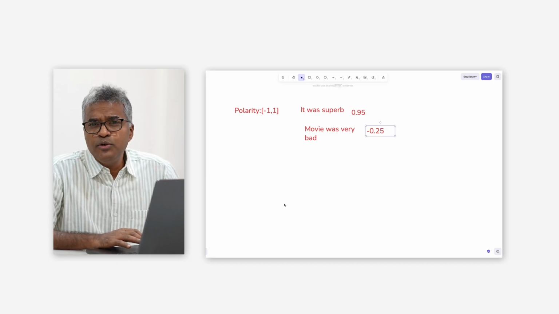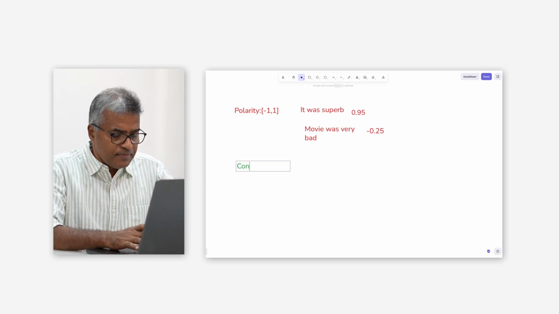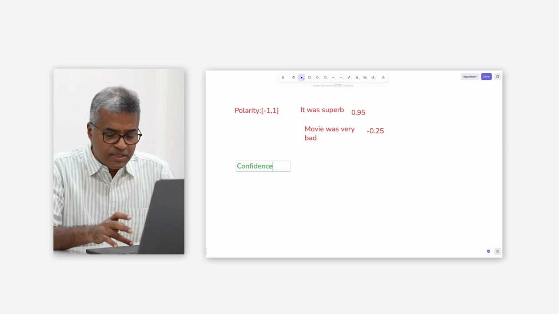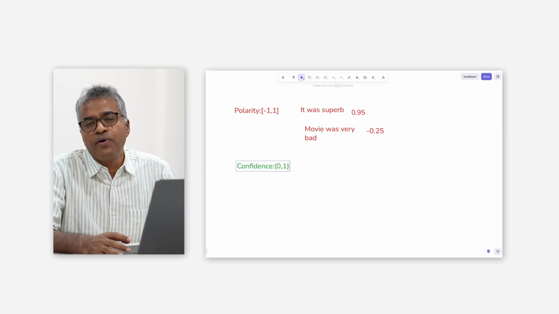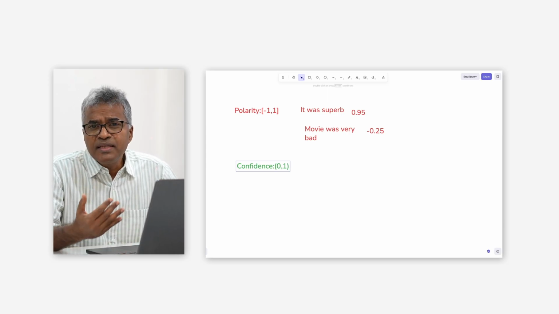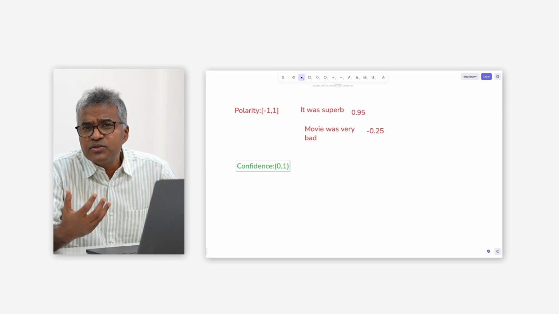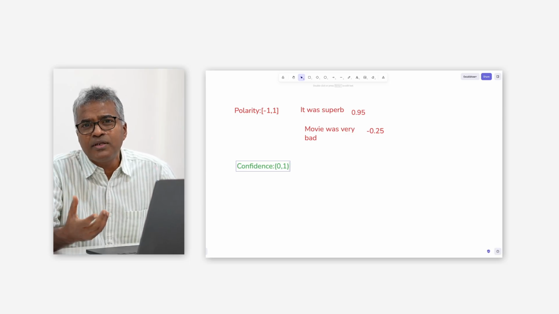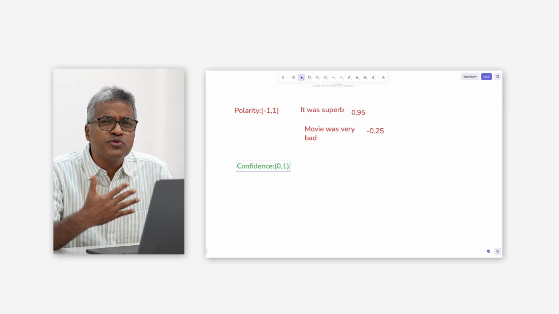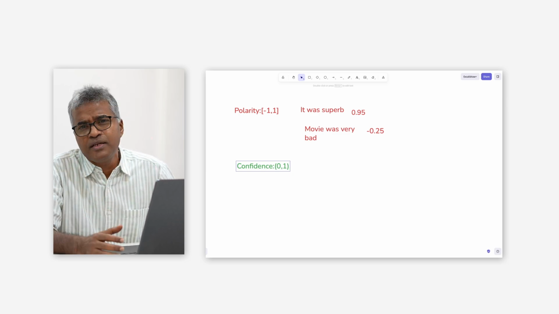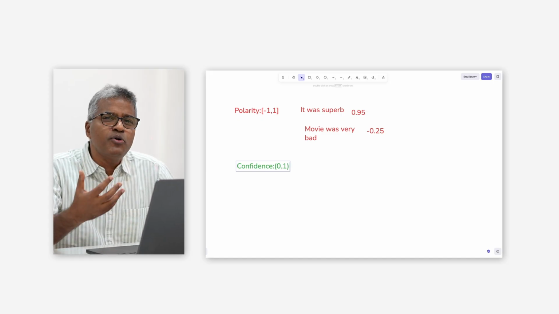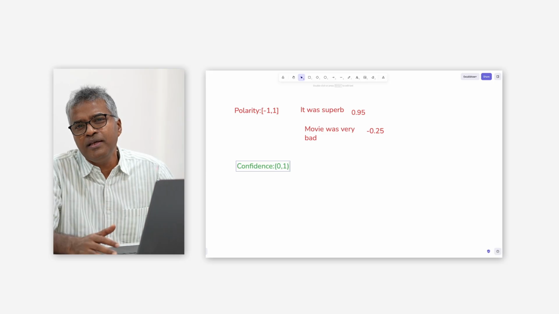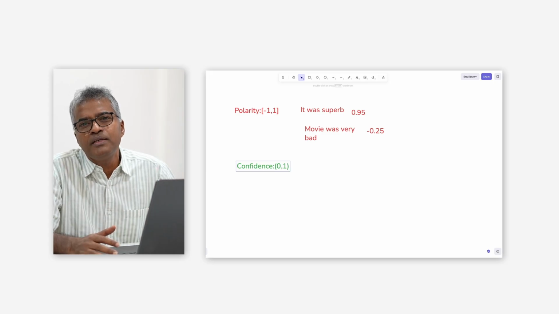Then the next numeric measure is called the confidence. Confidence is a measure whose value lies between 0 and 1. It gives the idea of how much confidence or how sure the model is about that allocation. If the model is so confident about that allocation, it could have a value close to 1. And if the model is not very sure, the respective metric will be close